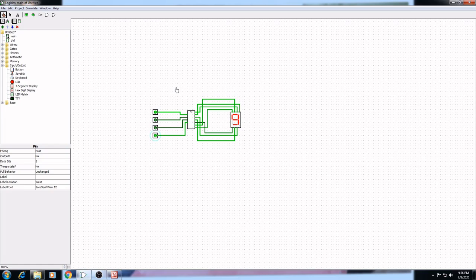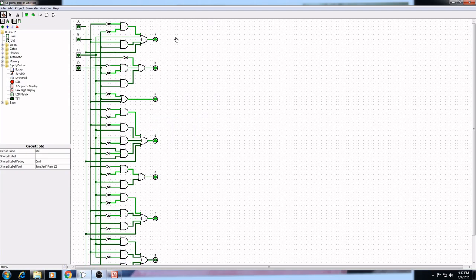Hope you understood this particular process. In the previous 3 examples we saw how to create a truth table and expressions according to the circuit diagram that we draw on the canvas. But in this example we first develop the truth table, and according to the truth table we build a circuit. You can also use this 7 segment directly with this diagram.